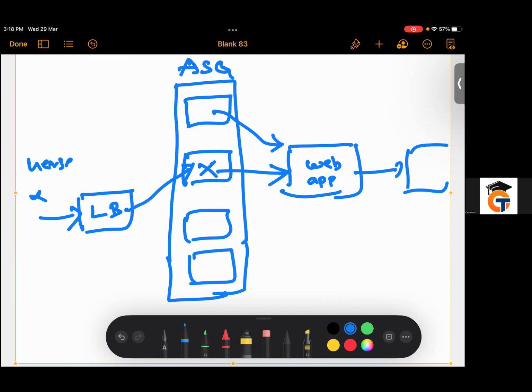Now, suppose one more user is trying. Suppose this server is engaged. What will happen? Immediately the load balancer will connect to this other server, which will connect to this web application, and we are able to connect to the database. So in order to give high availability, the company will have the load balancer. The load balancer will split your requests, or allow your request onto a particular server,